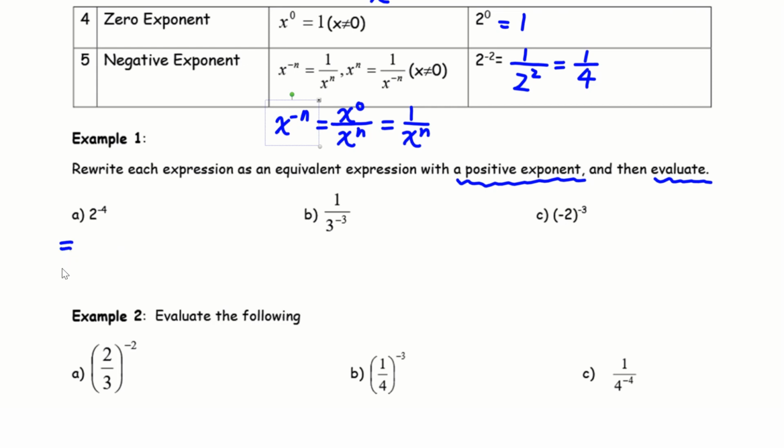You could write it as a fraction, but no exponent. So this one is 2 to the exponent negative 4. Then we know that the negative exponent and the positive exponent are reciprocal, so we just flip it. Then we have 2 to the exponent 4, 2 times 2 times 2 times 2, 4 times, gives you 16. And this one, 1 over 3 to the exponent negative 3, so negative exponent is reciprocal